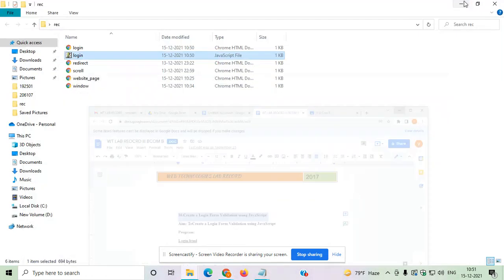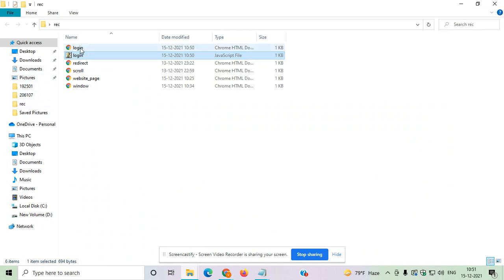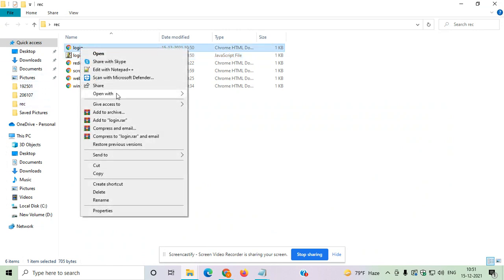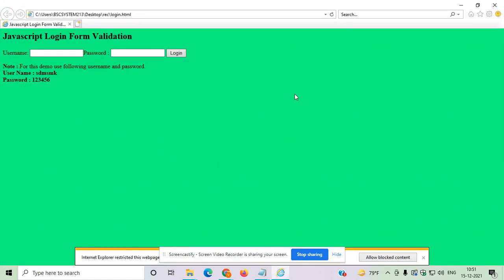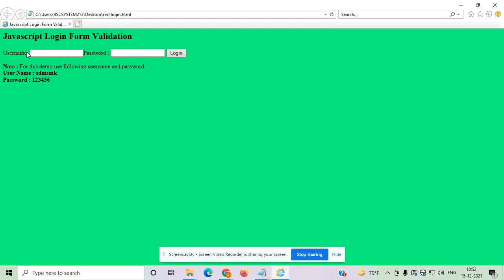Now let us go to the execution of this program fastly. We need to execute only login.html file, not JS file. The screen looks in this way. You can allow blocked content. Here what should be given? If I give some value like SDM or